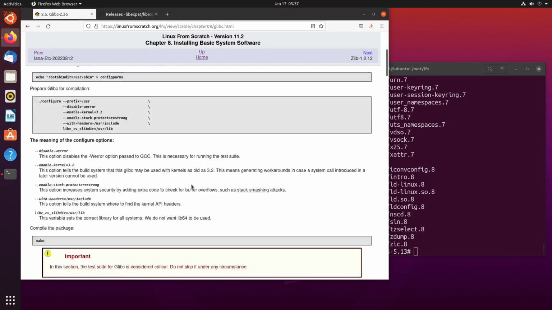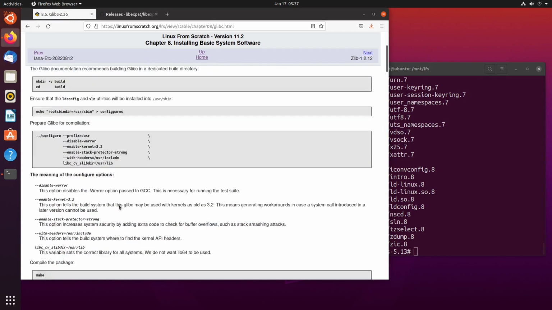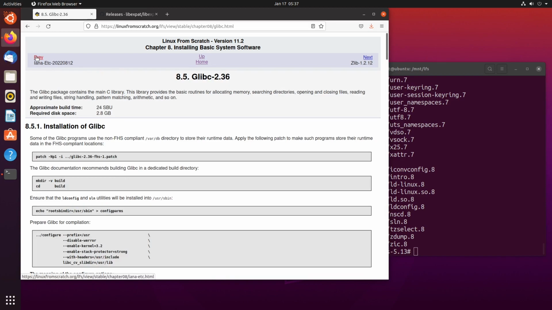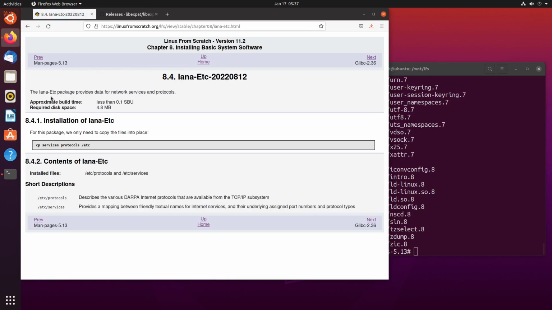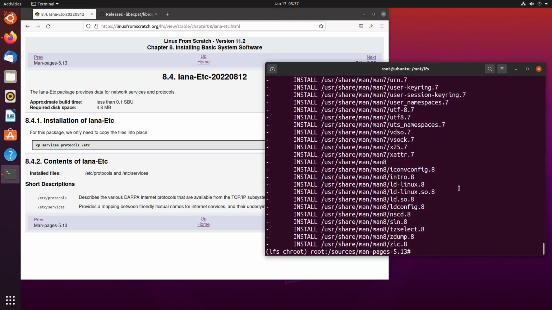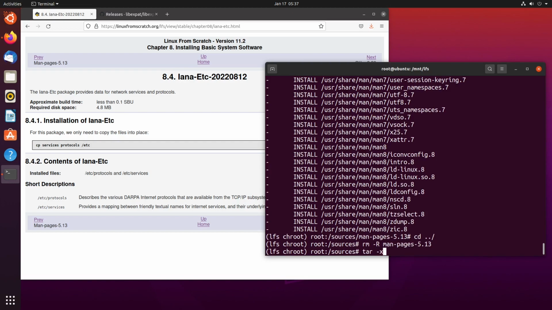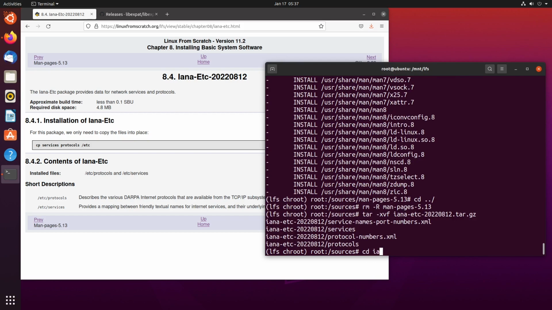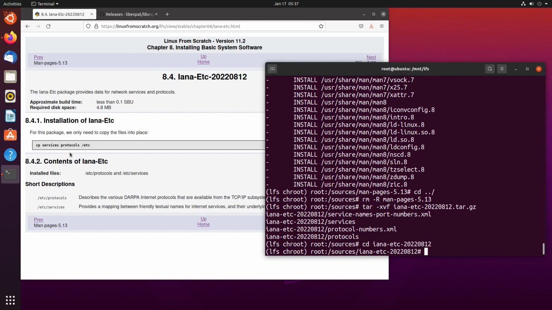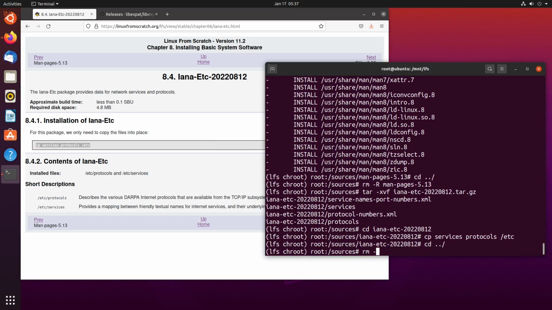So I'll start the time lapse once we start compiling the makefile for glibc. This one is Iana-etc. This is just the data and networking stuff, so basic stuff that's needed. So we need to remove the man pages directory, and we need to extract Iana-etc, cd into it, copy the services and protocols to /etc, leave the directory, remove the directory,